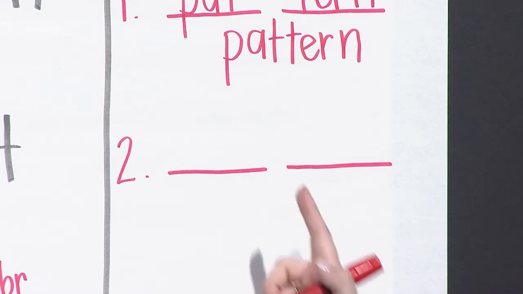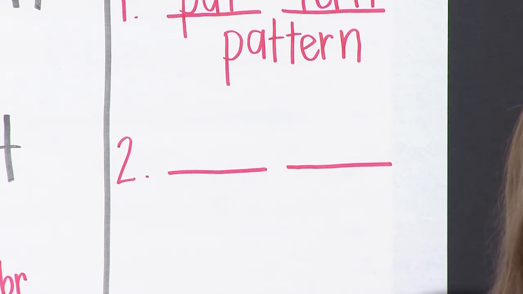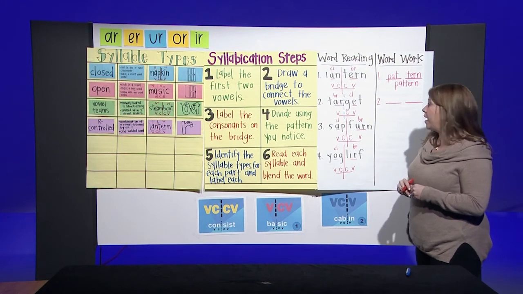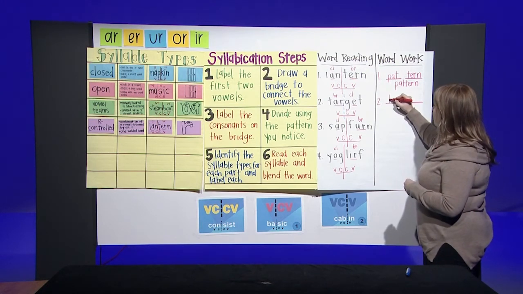Let's focus on the first syllable. Tur. Tur. How will you spell tur? Remember, our R controls make one welded sound, that vowel followed by our R. T,